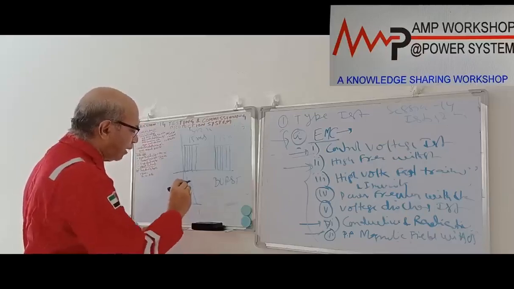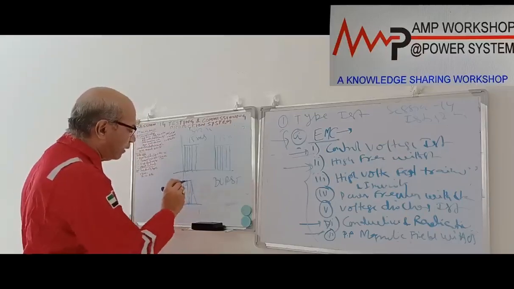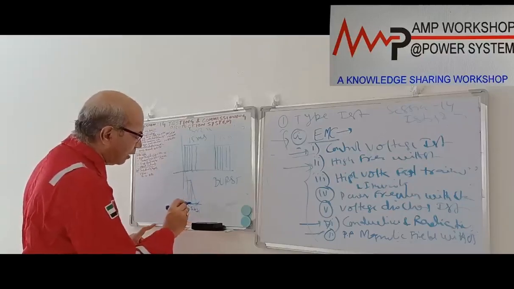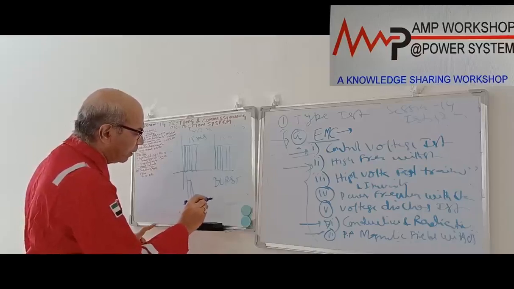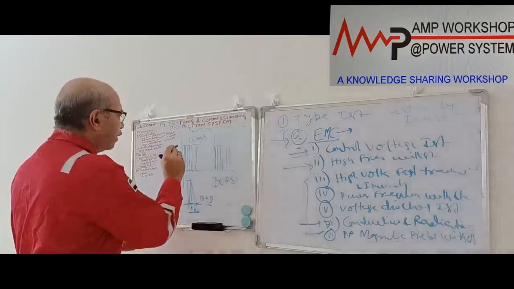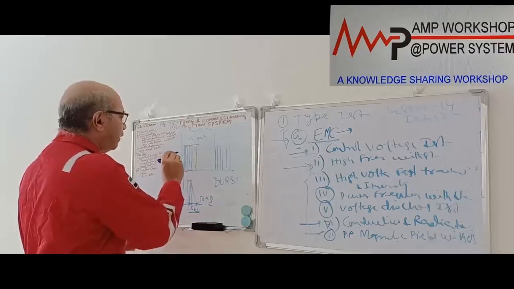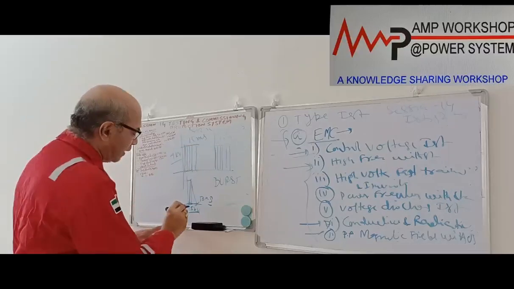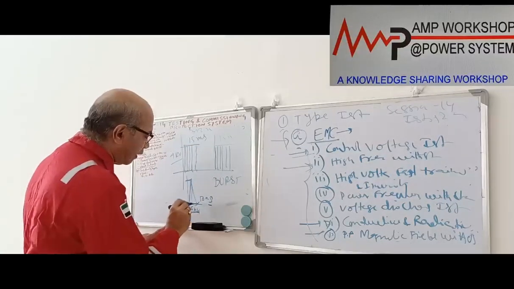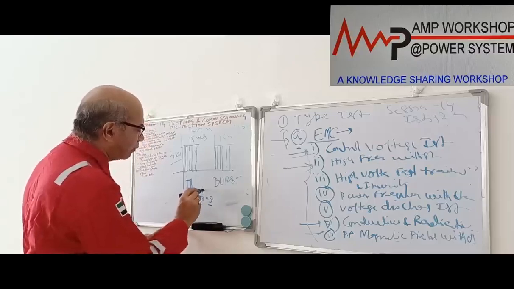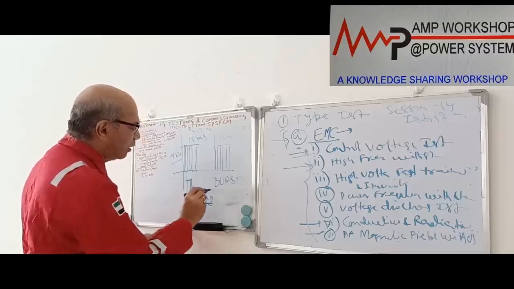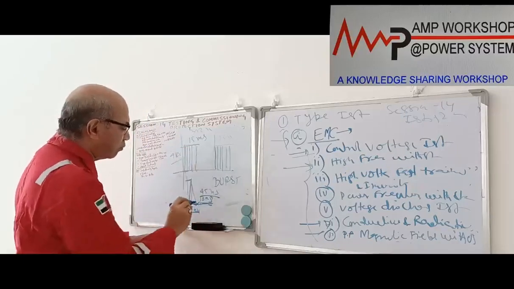The rise time will be 5 nanosecond, and the total time will be 50 nanosecond. That means in 5 nanosecond it comes to the peak value, that is 4 kV. This burst voltage will be 4 kV peak value. In 5 nanosecond from the zero value it comes to 4 kV, and in the remaining 45 nanosecond it will drop down to the zero value, because the total pulse width is 50 nanosecond.